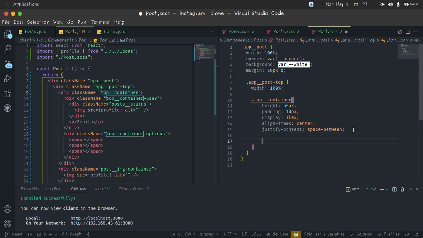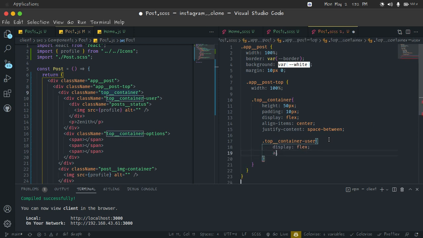Then inside of it, we have the top-container-user. We are going to give it display flex and align-items set to center. Inside of it we'll have this .post-statue,